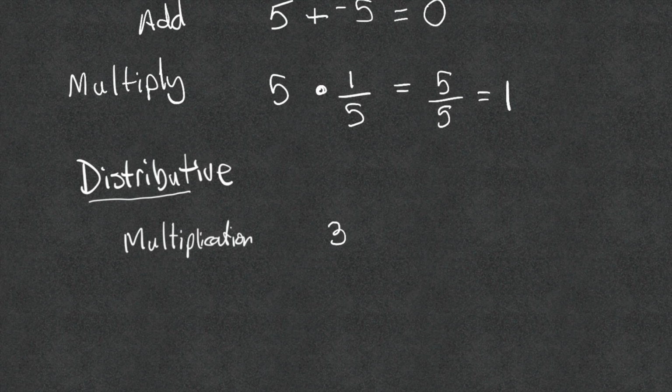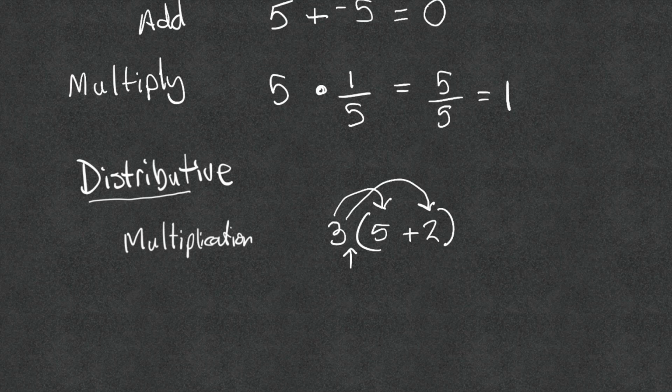So we have 3, and let's do 5 plus 2. We need to distribute that 3 first to the 5, and then to the 2. We know it's multiplication because of the parentheses, and there's no other operation between the 3 and the parentheses. So that tells us we're multiplying that 3 times anything